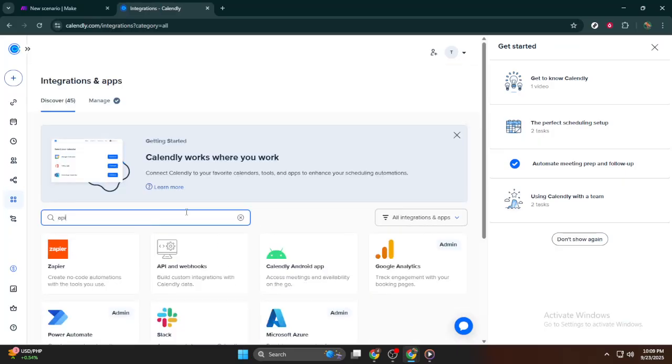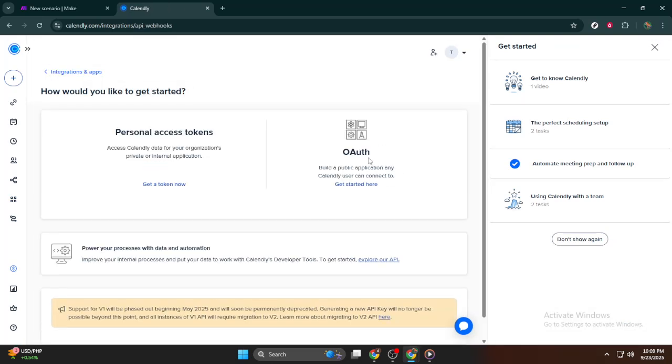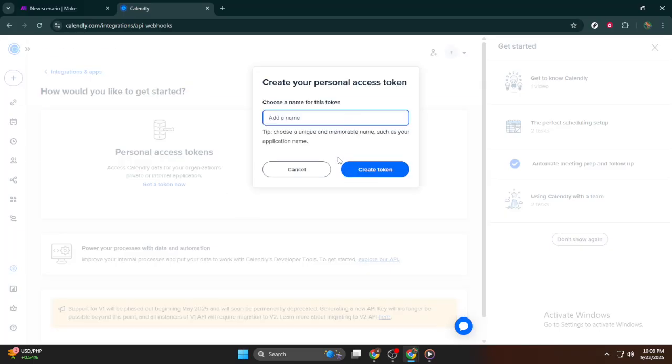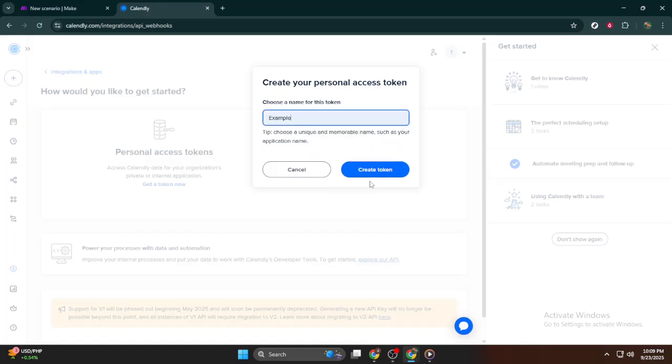Once you're on the right page, look out for the section where it mentions building custom integrations with Calendly data. This is the area where you'll find the tools to set up customized and automated workflows. After you've found that, click on Get a Token Now. This token is crucial because it essentially acts as your access key, allowing you to link Calendly with the other